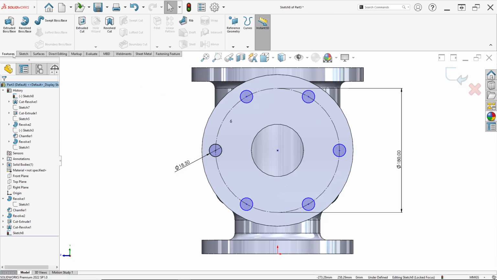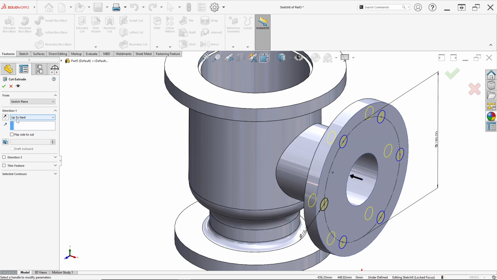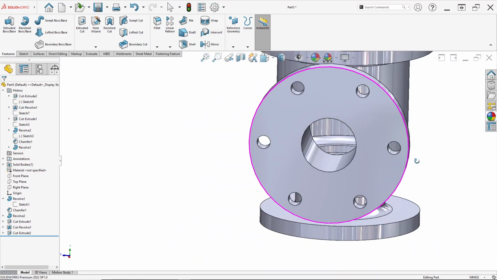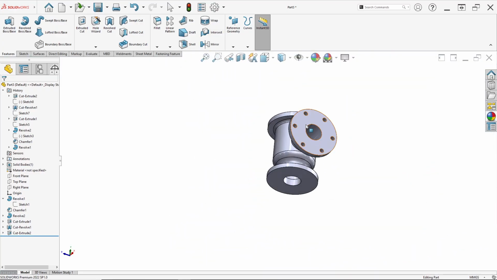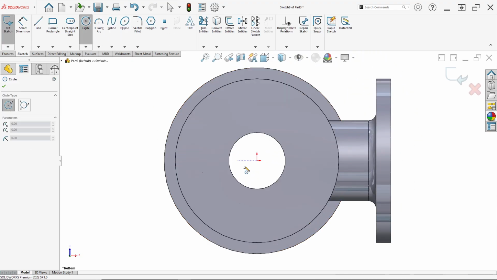Now we can click feature and click extrude cut, direction up to next, and click OK like this. And right click on this face and click sketch like before.